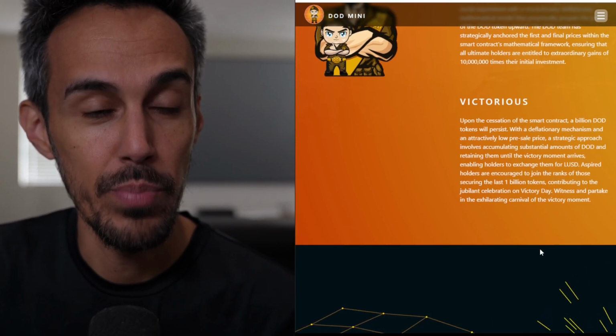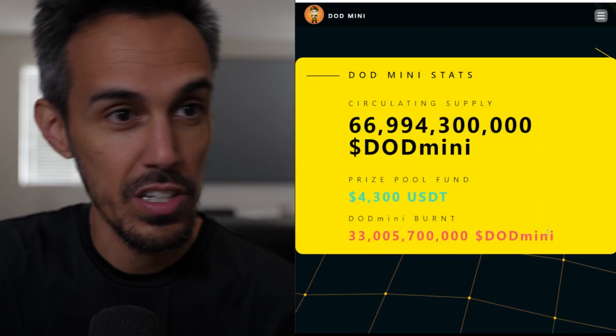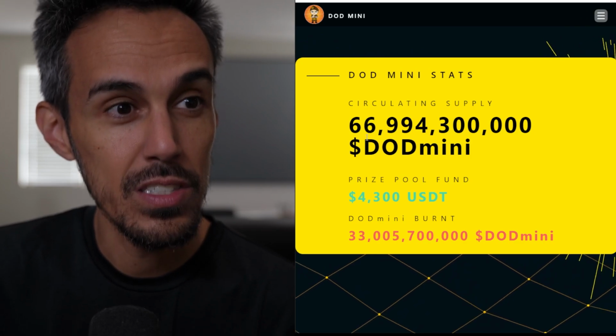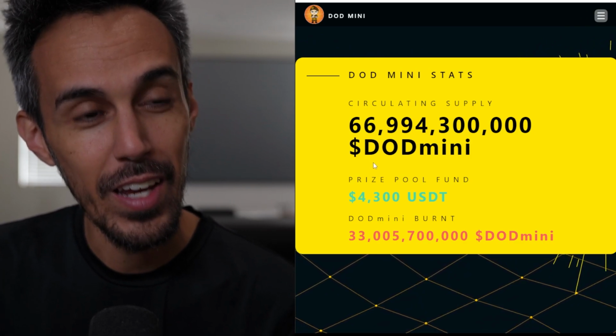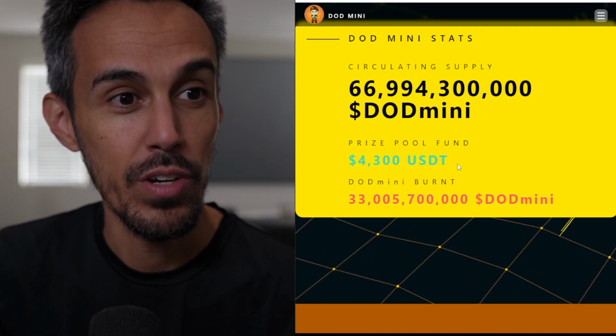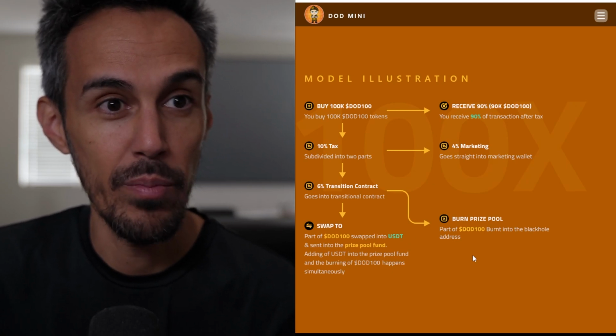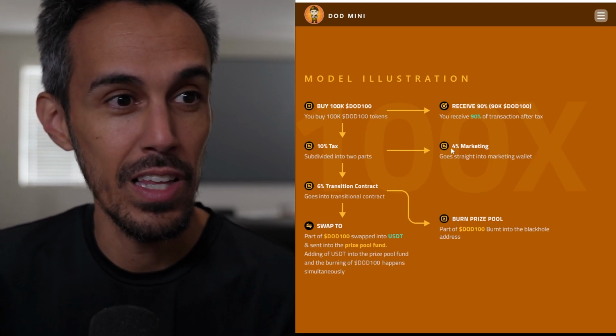Smart contract is 1 billion DOD tokens. So that makes sense. So here's the circulating supply, 66.9 billion DODmini. And then here's the prize pool fund, 4,300, and then it shows how much is burnt. And then they kind of have a model, which I think is good that they outline this, how this all